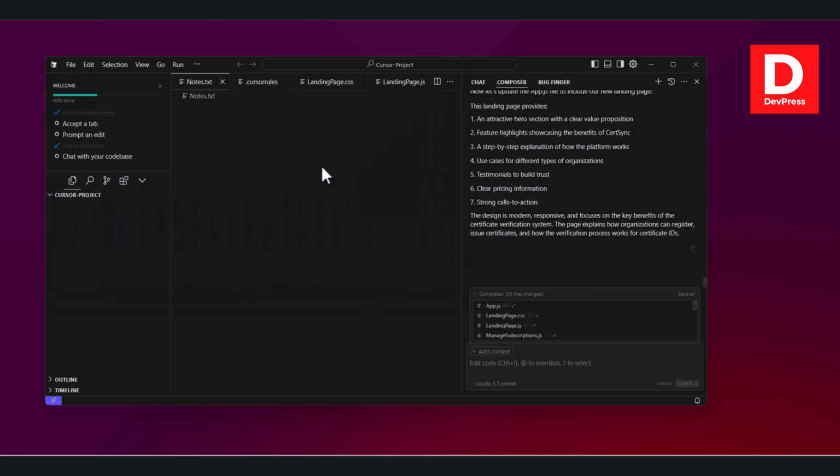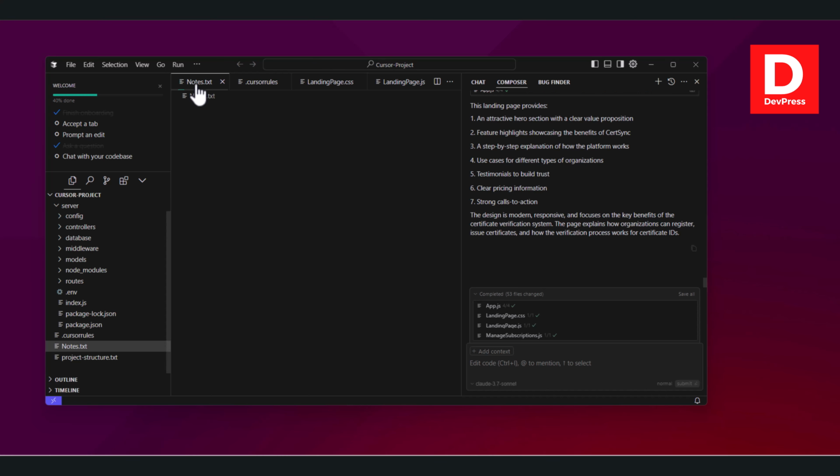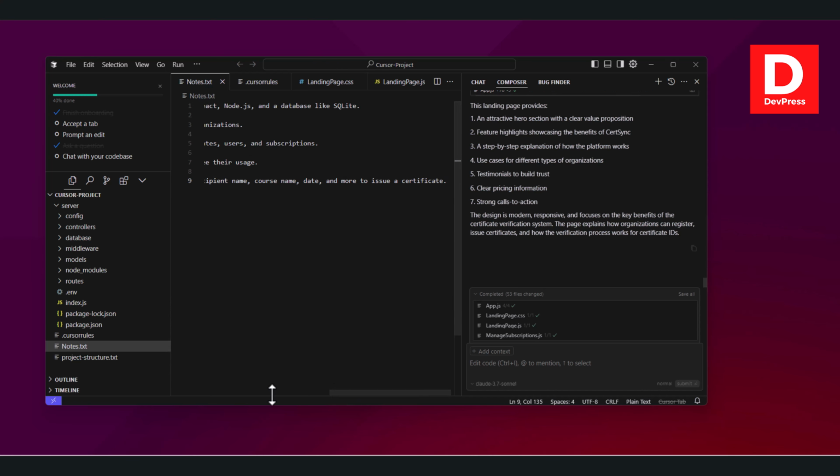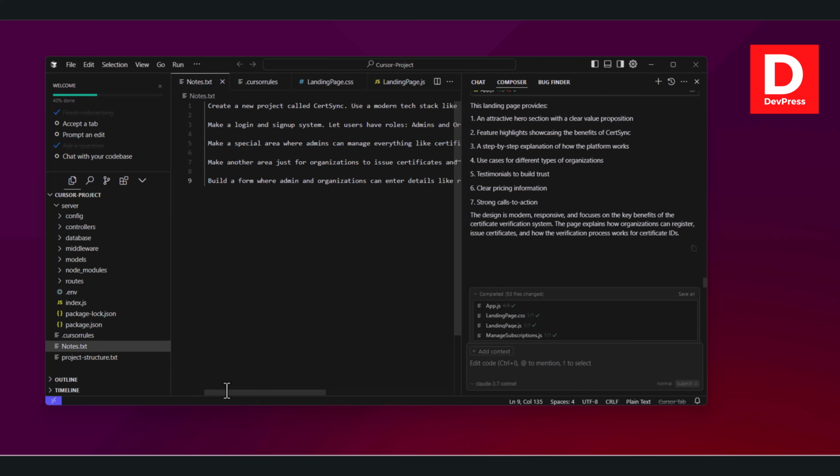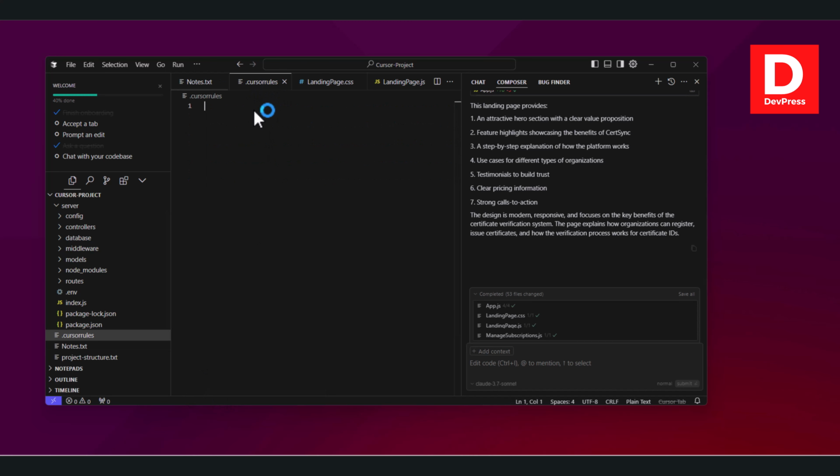Okay, as you can see, in my case I have notes.txt where all the project requirements were listed. Similarly there is this cursor rules file. It is currently empty, so I can populate this with a particular set of the rules that I want to apply for the whole project, right? To do that, what I can do is make use of some of the